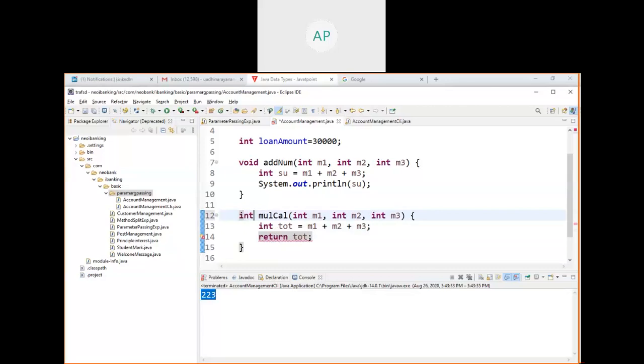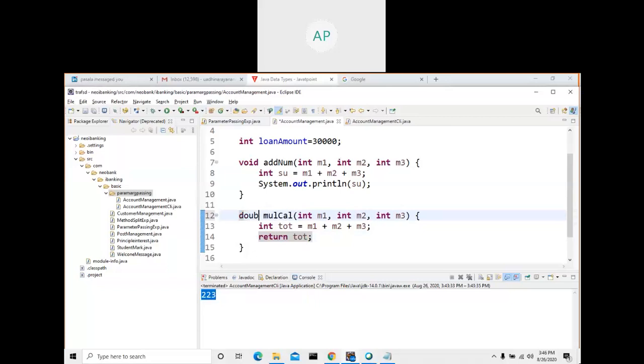So you mention int here. You are returning this data type. You are returning this variable, right? Always you will return some value, and that is a variable. So if you are going to return this one, you should mention the data type of this variable here. That's the thing. Now the error went. If I make it double, then it is an error.